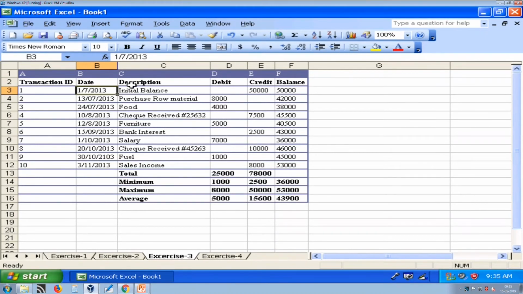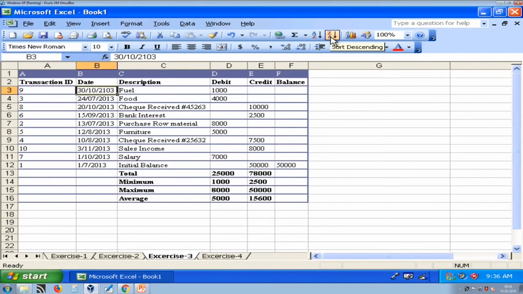So, I press Z to A, sort descending. Here you can see that Excel will automatically arrange your data into descending order of date.